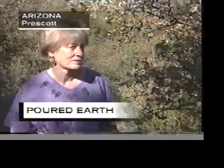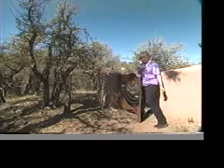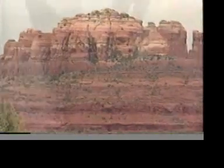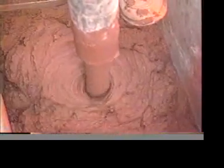To construct her home in Prescott, Arizona, Jan Johnson decided to experiment with one of the oldest, most abundant building materials on Earth: the earth itself. I just didn't want to use trees to build a home, and we need to look at another resource for